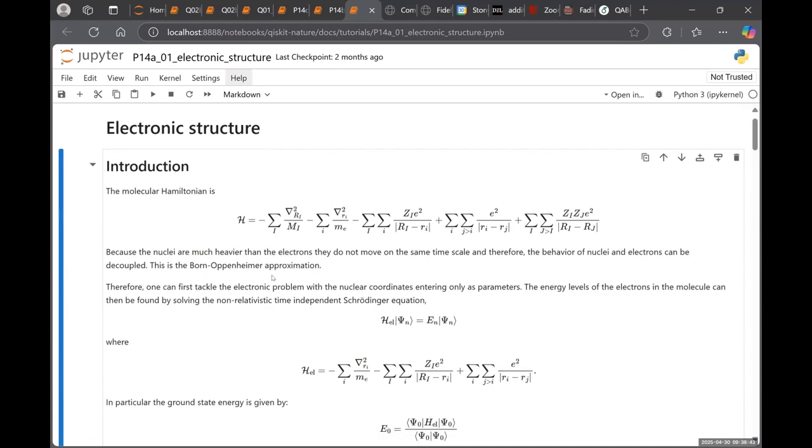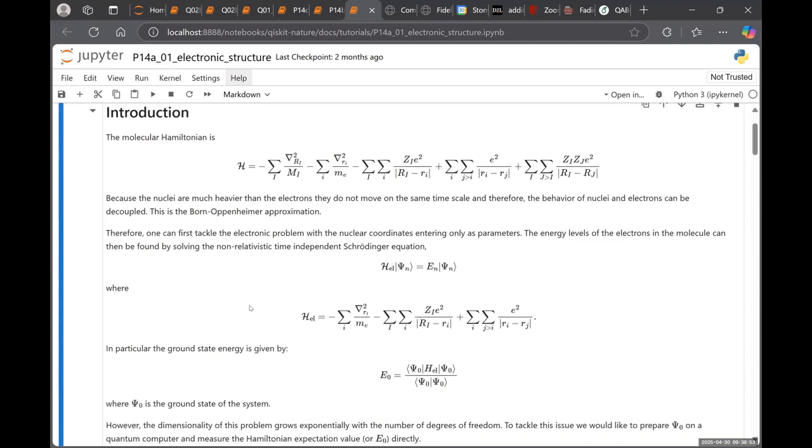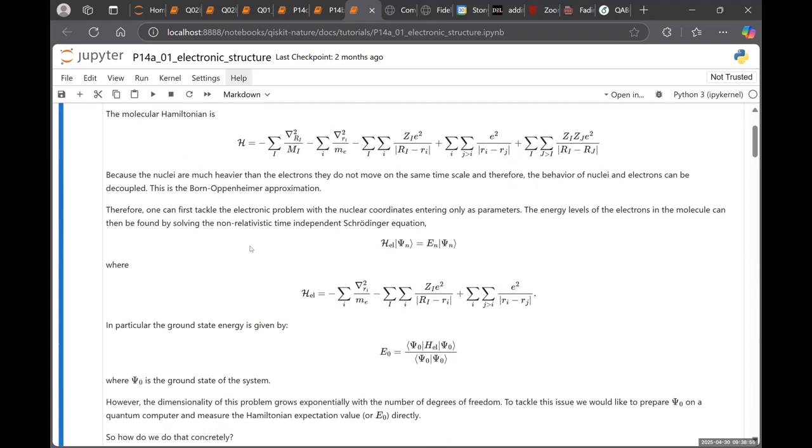This is the so-called Born-Oppenheimer approximation. To deal with the electronic problem, the nuclear coordinate would be entering as a parameter. So you assume that you